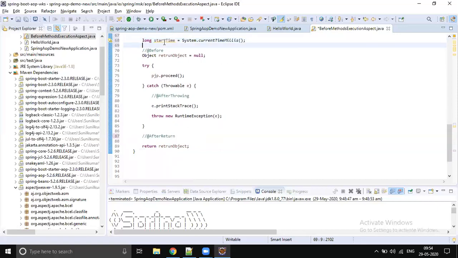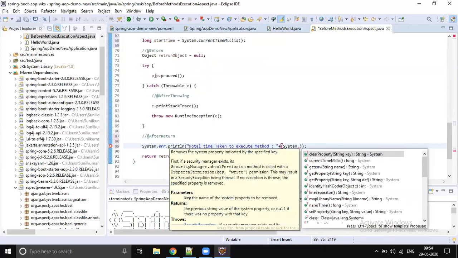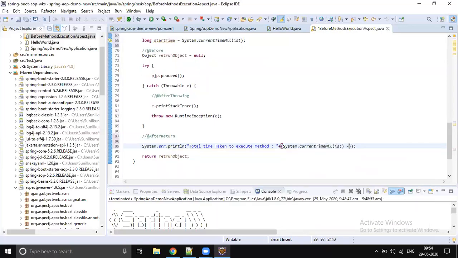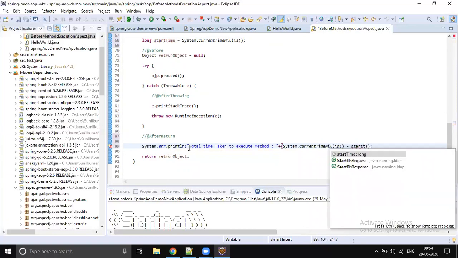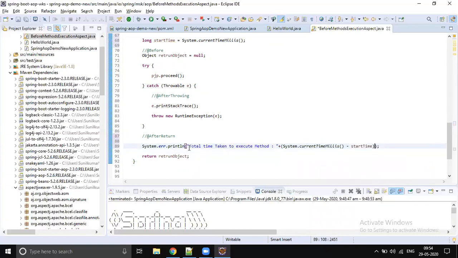Before returning your object, what should we do? System dot, instead of out, let's print it in error mode and say the total time taken to execute the method is System.currentTimeMillis() minus startTime.